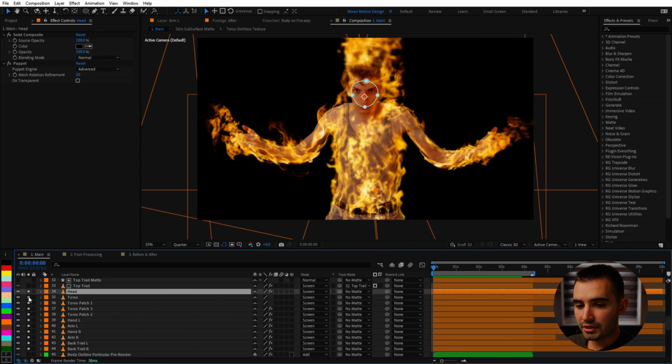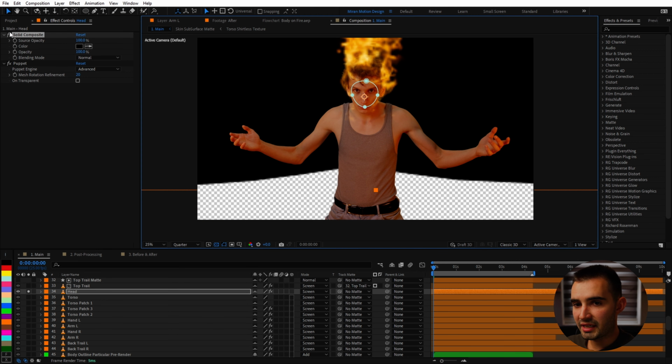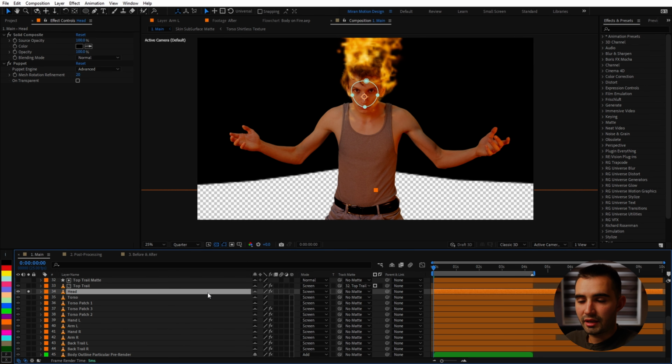And then on most of them, there's also a solid composite effect, just to composite a black background. And that's because sometimes the puppet pin effect tends to yield weird results if it has a transparent background. So I just use a solid composite and then use the various blending modes to get rid of that black